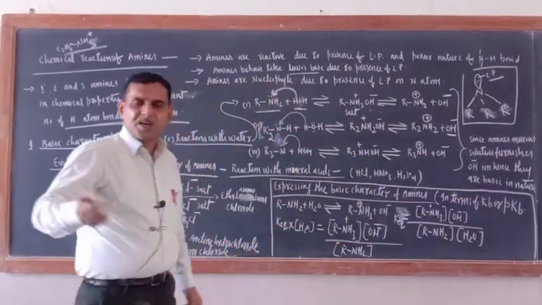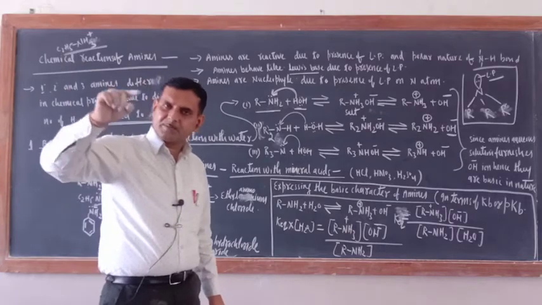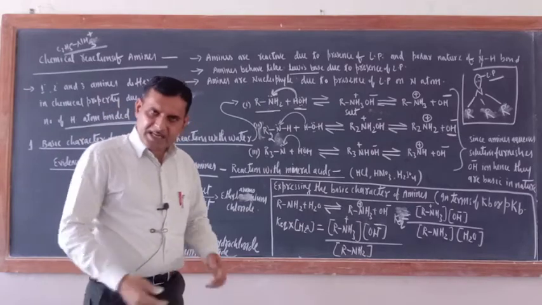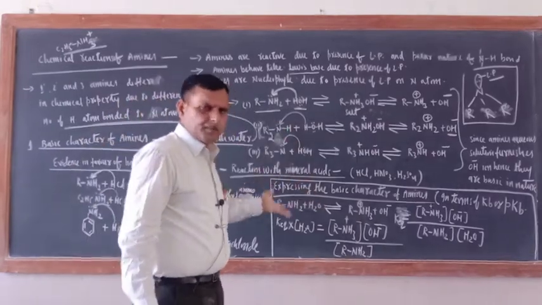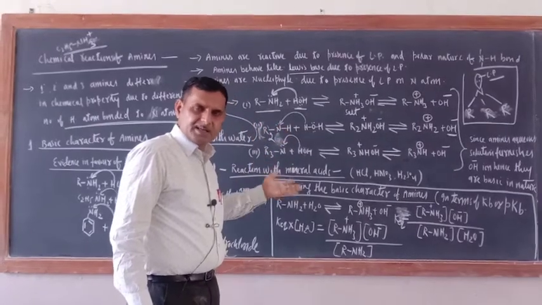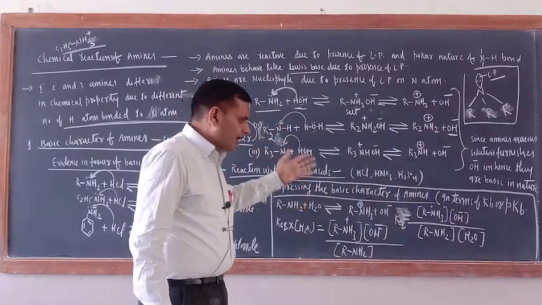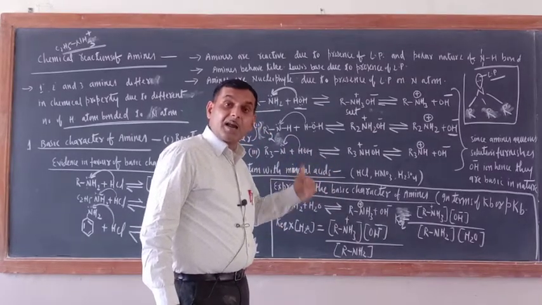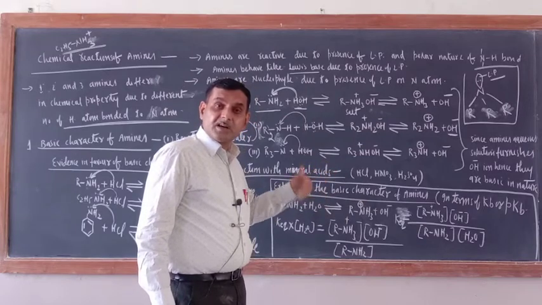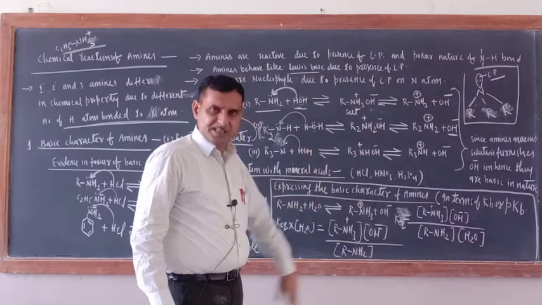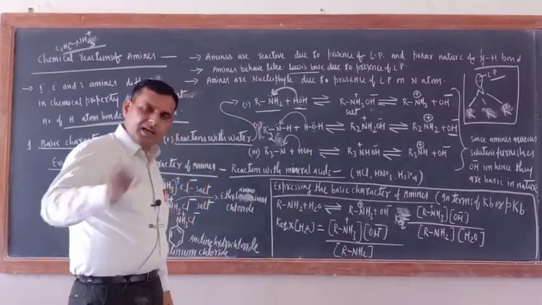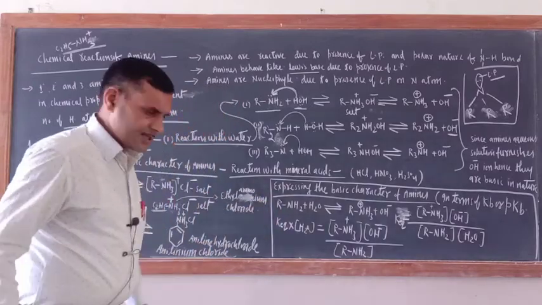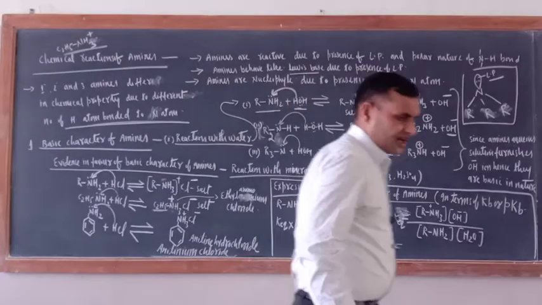Just see, acidic strength was expressed in terms of Ka or pKa. What is Ka? The dissociation constant for the acid. Since amines are bases, as proved by the various examples I have given, their basic strength will be expressed in terms of Kb or pKb. Kb means the dissociation constant for the base. pKb is also related to the dissociation constant for the base, but the relation between Kb and pKb differs. Let me rub this side and afterwards I will explain this one.